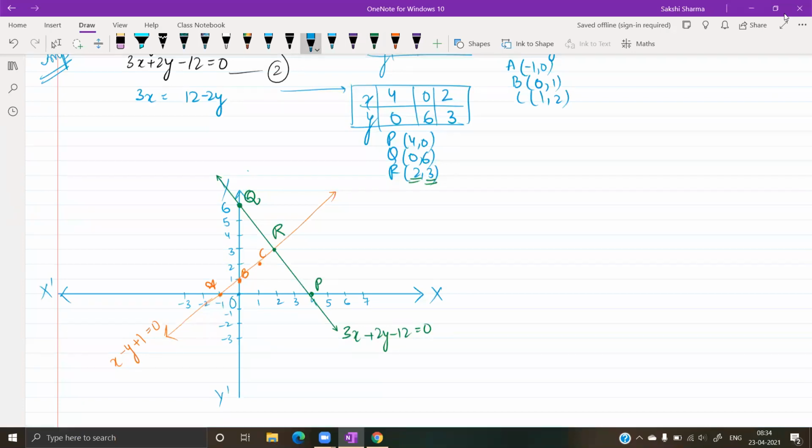Identify the triangle that's formed by the lines and the axis. Question में आपको यही कहा है कि आपको identify करना है पहले जो triangle बन रहा है by these lines, the orange line, the green line, and the x-axis. So don't forget to include the negative direction. ये पूरा triangle बनेगा आपके पास.